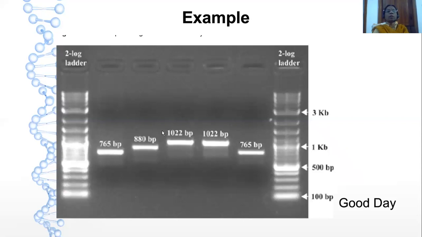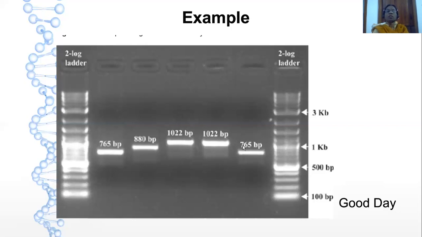To give you an example, when you run the gel, you can see this is a fluorescent dye, and the units here are represented in base pairs. This is a clear indication that this is a DNA ladder, the standard which we are using here. Here we have named this a 3 kb fragment, here it is a 1 kb fragment, this is a 500 base pair fragment, and this is a 100 base pair fragment.